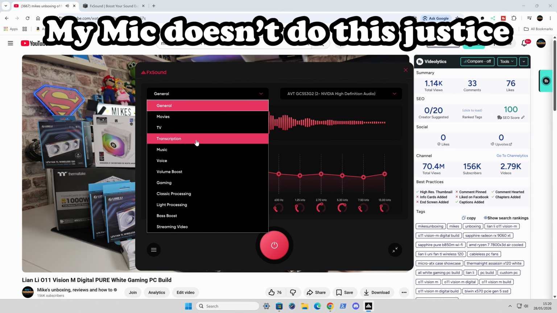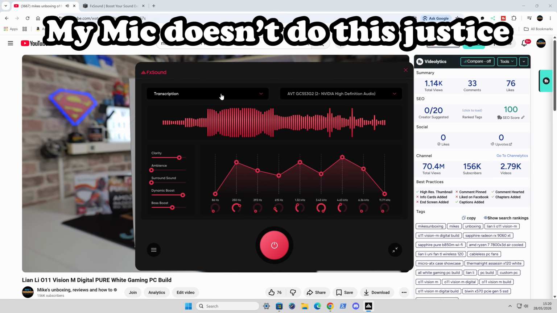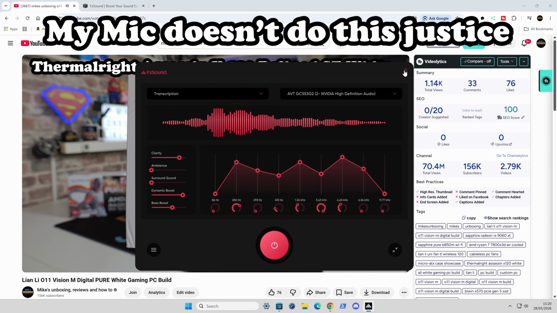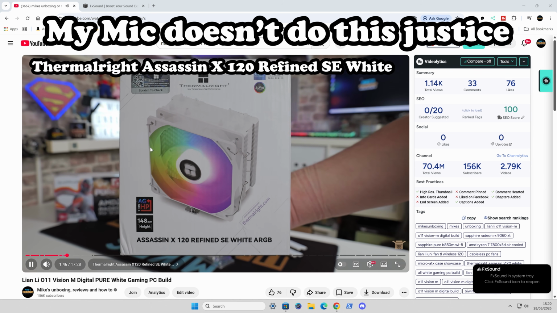So if you want to just hear the voice, you can boost those levels there. And you can just leave that as it is. And again, if you want to change the preset there,